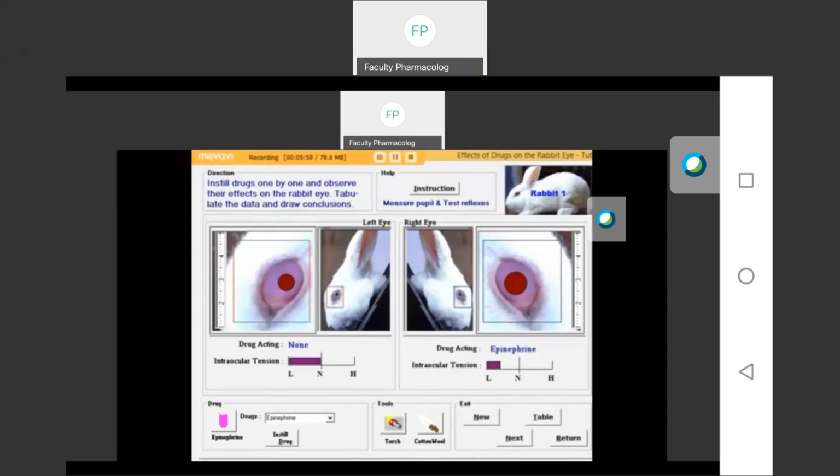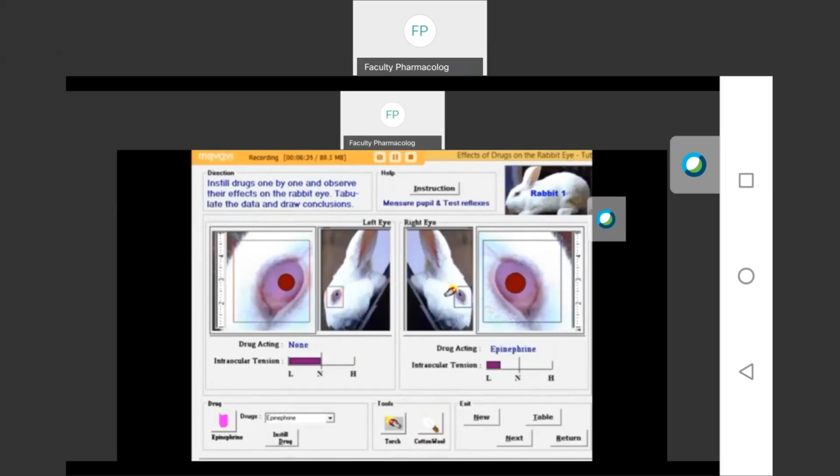Now let us check the fourth parameter, that is the pupillary light reflex. First you have to check on the left eye. Here you can see the constriction of the pupil. That means the light reflex is present in the left eye. Now you can check the right eye. You can see the constriction of the pupil.